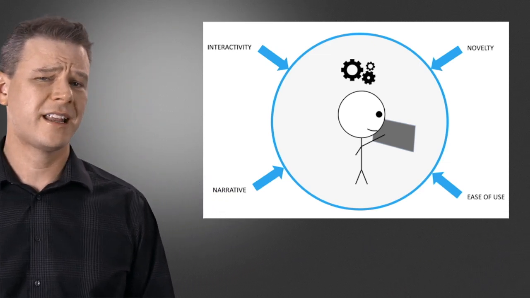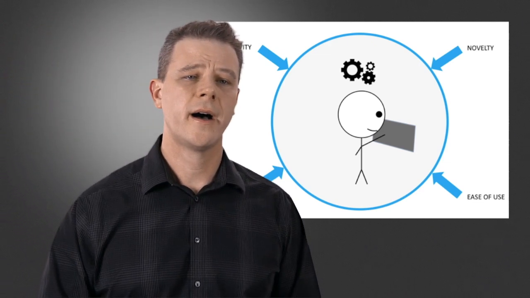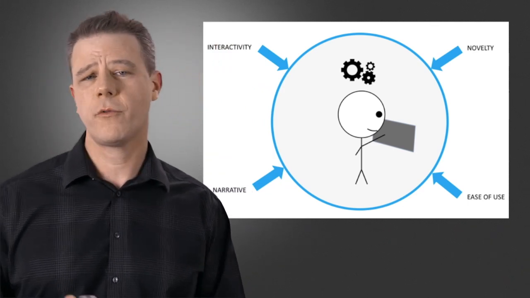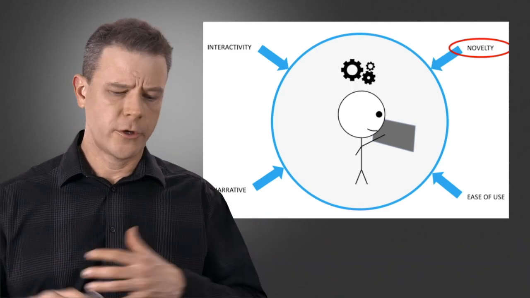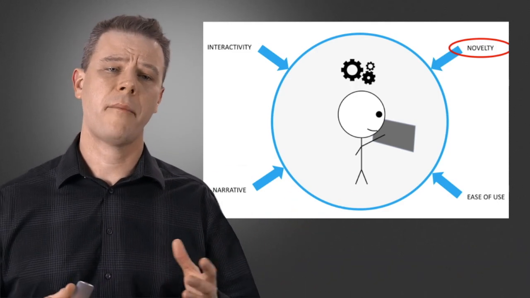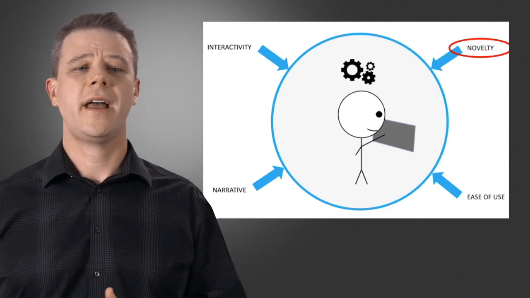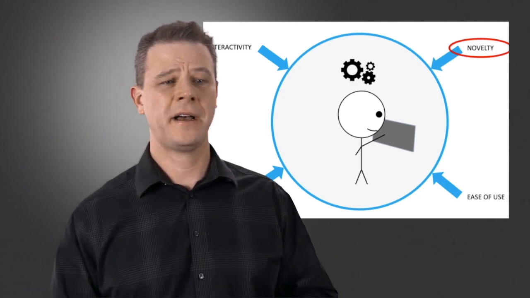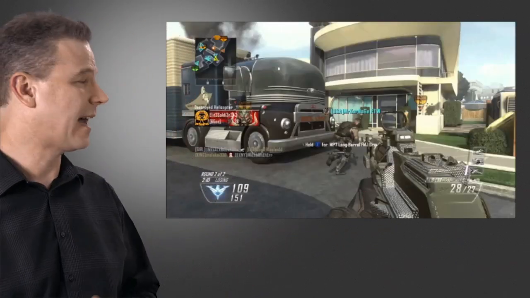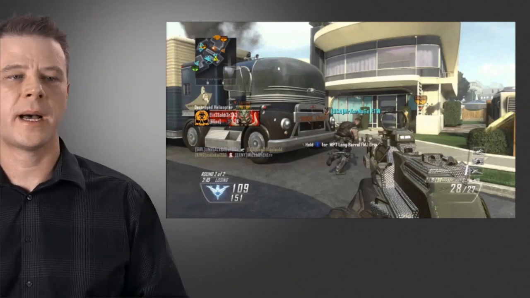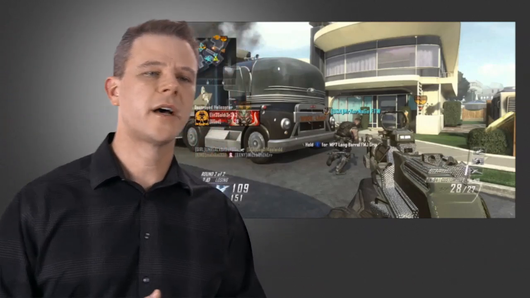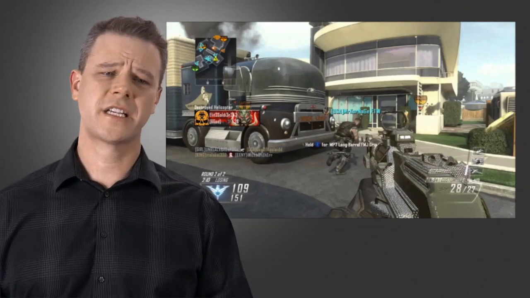So let me start with the kind of the easier ones. So the first one is novelty. And what do I mean by that? Well, let's think about a museum, and we've got just hordes of children coming in, and many of these kids are at home and doing things like this. You may recognize this, you may not. I happen to be a video game player. This is Black Ops 3, one of the most popular Call of Duty games in their long run of successes.